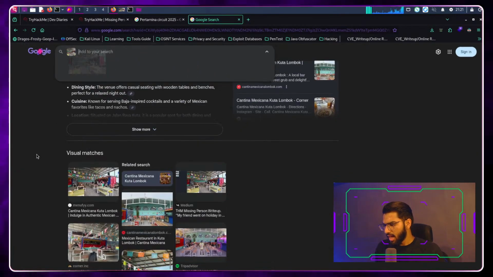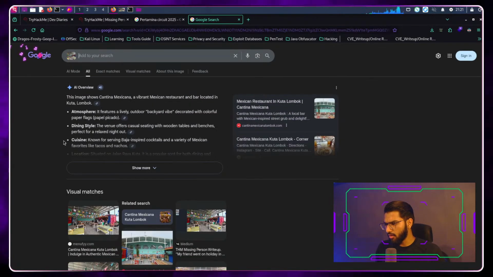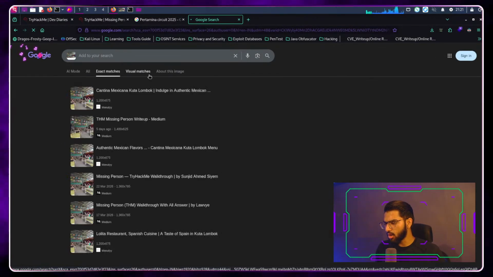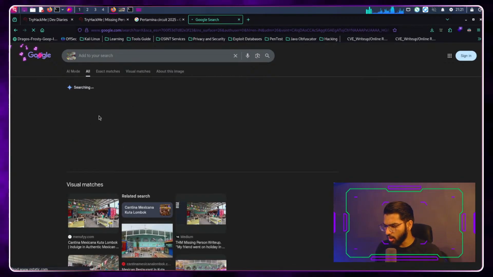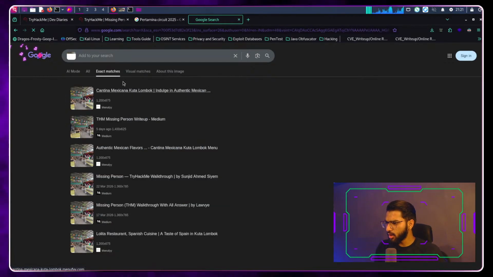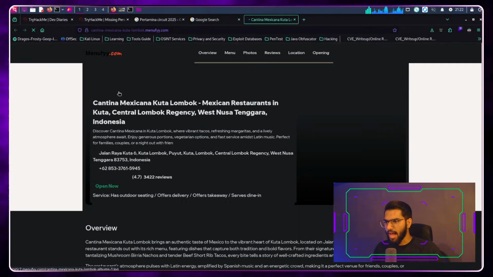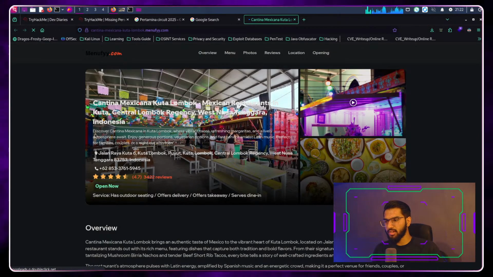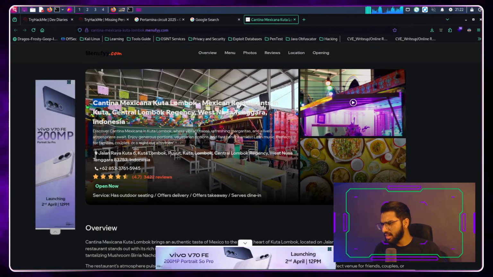Now it gives an exact match and visual matches of all the images or all the restaurants that are displayed or already known by Google. So if I go to exact matches and open this link, I can see the name of the restaurant that this was from. It is Cantina Mexicana Cuta.